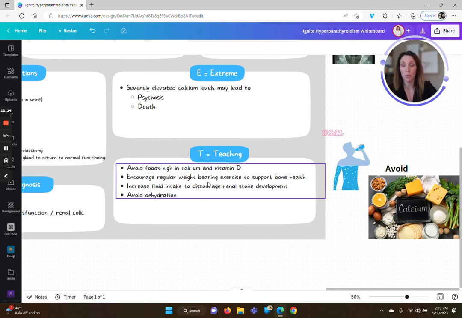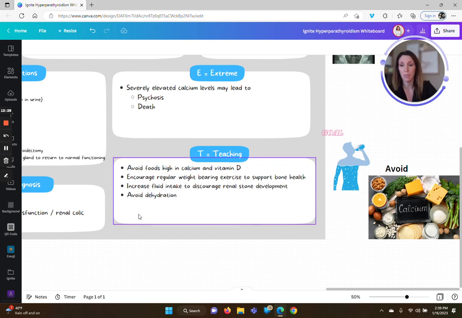And then increase fluid intake to discourage renal stone development. And in the same vein, avoid dehydration, so that we're not making the situation worse as far as renal stones developing. So that is basically everything about